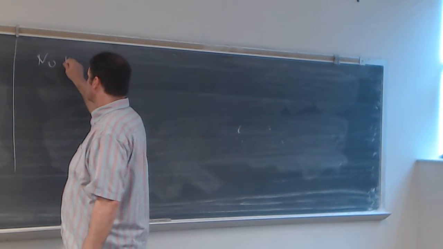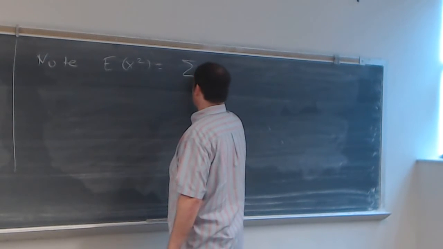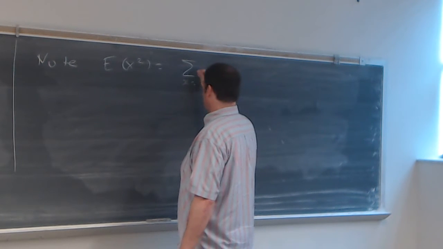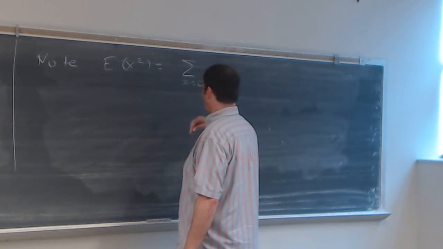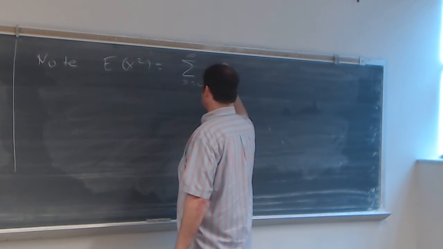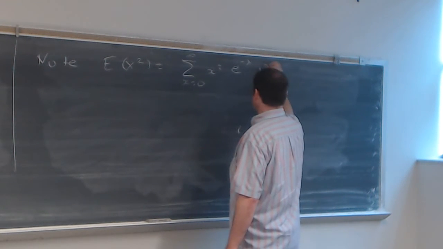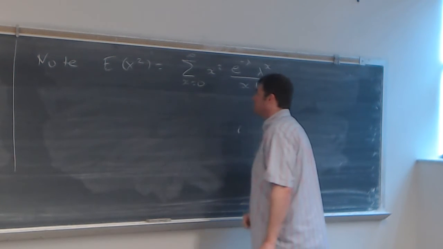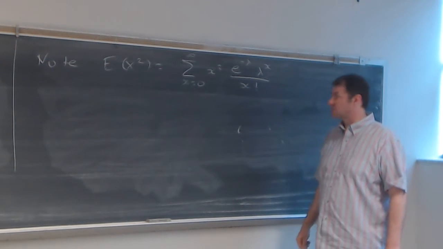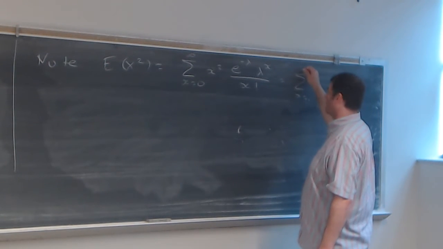So let's note that the expected value of x squared, well, our definition of the expected value of a function of the random variable x, for a discrete random variable, is the sum over all output values, so x runs from 0 to infinity, of g of x, which here is x squared, times f of x, the PMF, which is e to the minus lambda, lambda to the x, all over x factorial. Like we saw before, when x is 0, the first term in this series is 0, so no use writing that. So we'll say this sum as x runs from 1 to infinity